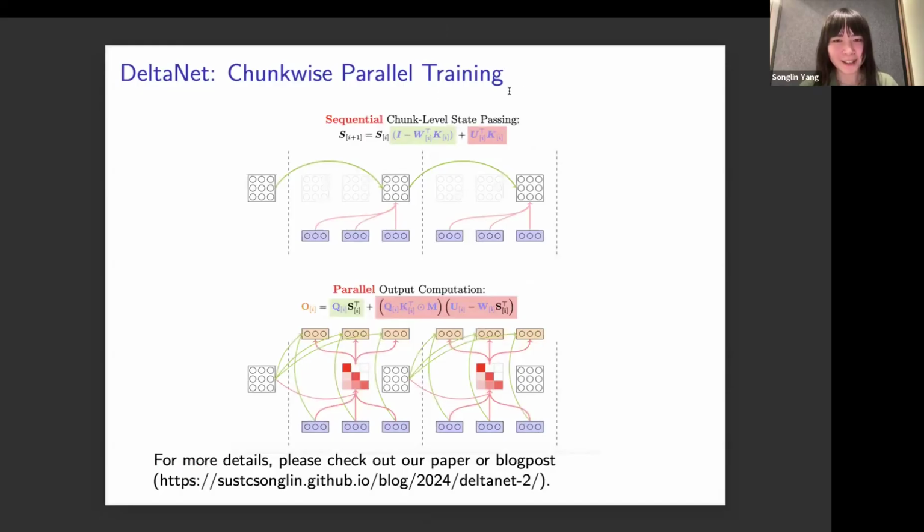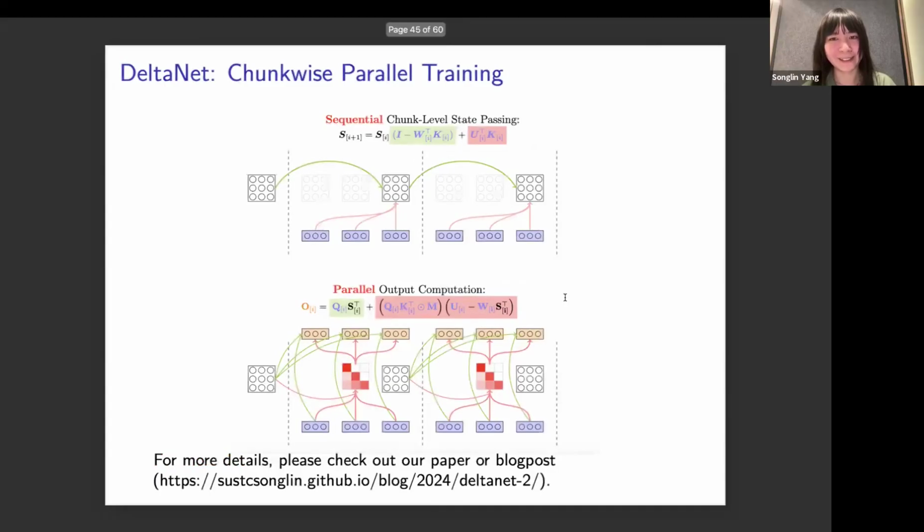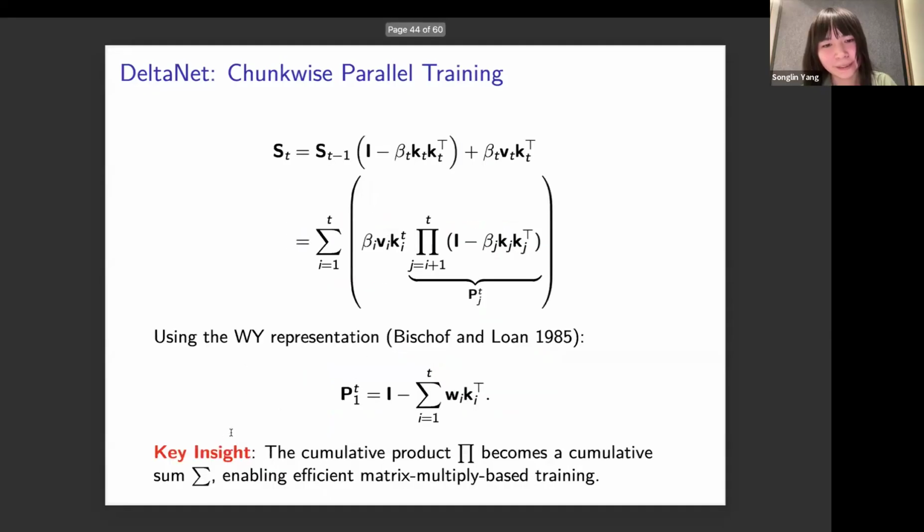And unfortunately, I do not have additional slides here to explain this amazing, very wonderful algorithm in detail. But I want to highlight that. So I can briefly explain it. Firstly, we do not have this cumulative product of the transition matrix. So what's colored in green? Firstly, it's like an identity matrix in the vanilla linear attention chunk case, and in this case, we need to compute the cumulative product of the transition matrix within this chunk,